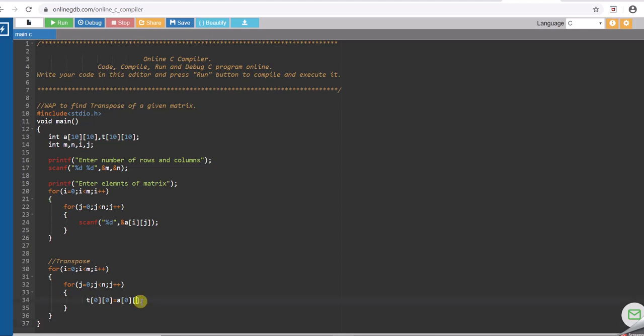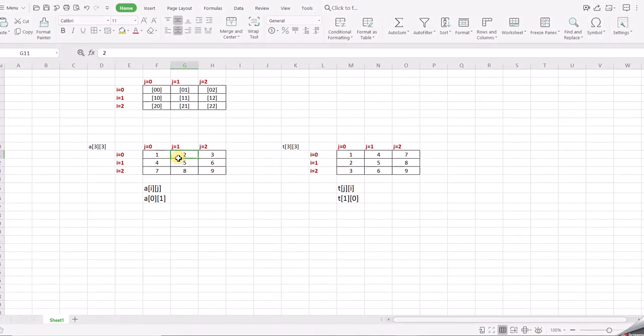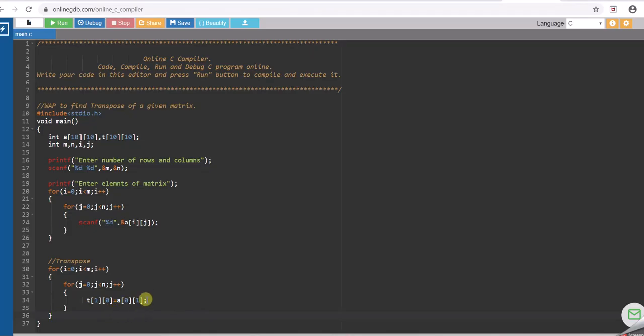So if this is 1, this is ij and this is ji, right? So j should become 1. So you are accessing the value of A of 0, 1 and you are putting it at the location T of 1, 0. If you go back to this location and see, if you are accessing the value of A of 0, 1, this is location A of 0, 1, you are putting it at the location T of 1, 0. तो देखो 1 0. This loop will iterate again. j का value is going to become 2. So that means this is going to become 2 and here you will have 2 as well.